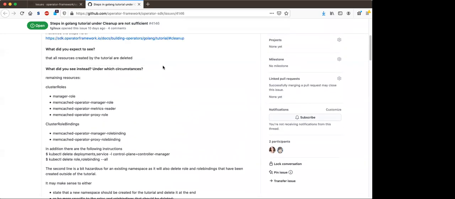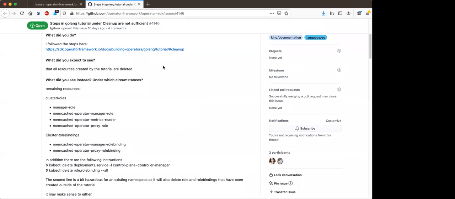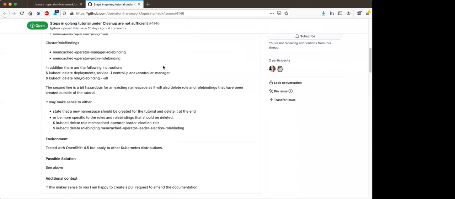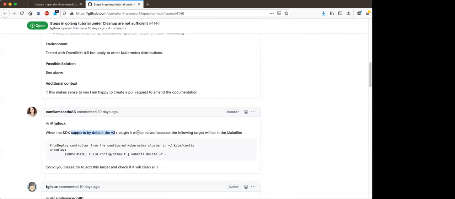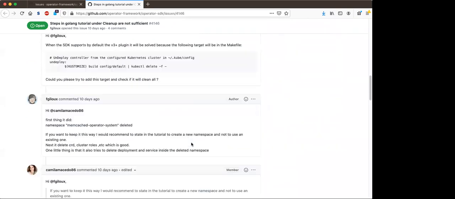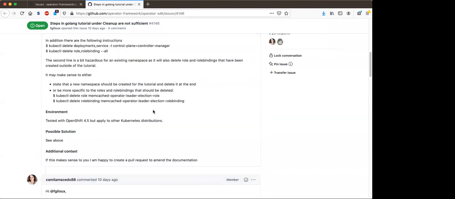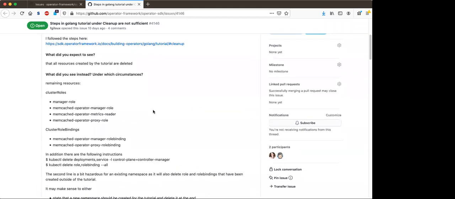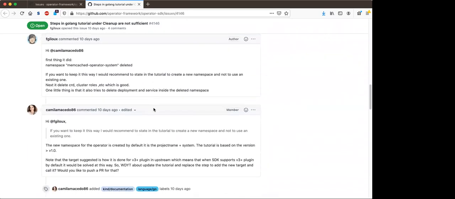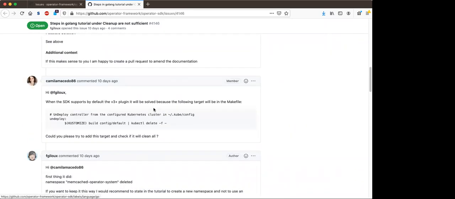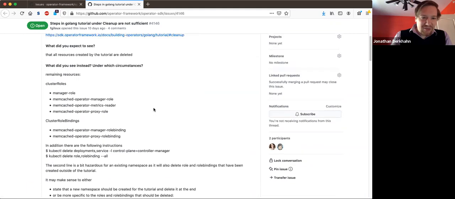Okay. So this one is just the doc, has a pull request to update the docs with a cleanup option in the tutorial. The author did this pull request. I think it's very close to getting merged. So I think we can just put it in the next milestone and it's fine. Doesn't the default tutorial do all of its junk in a new namespace?